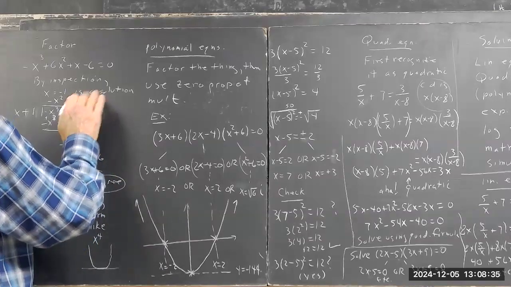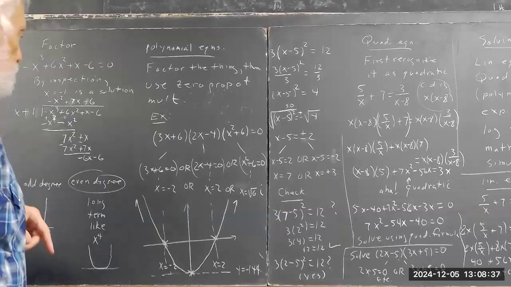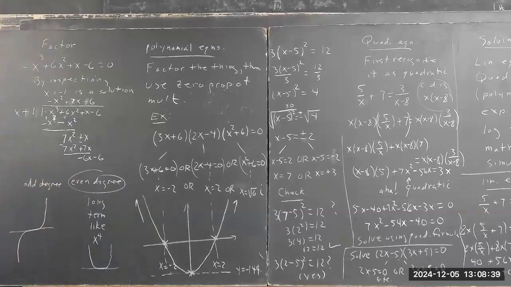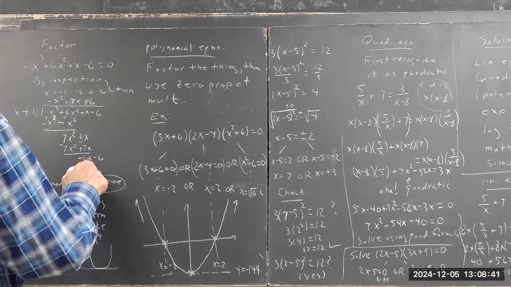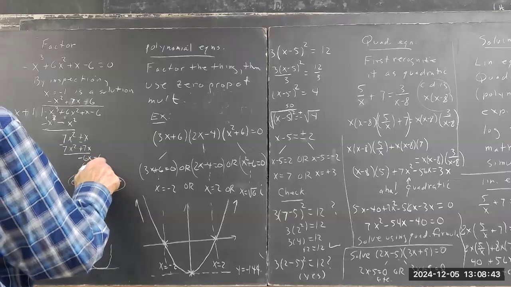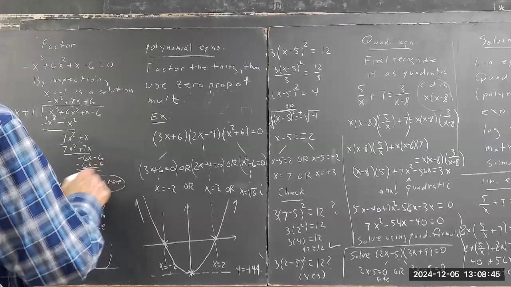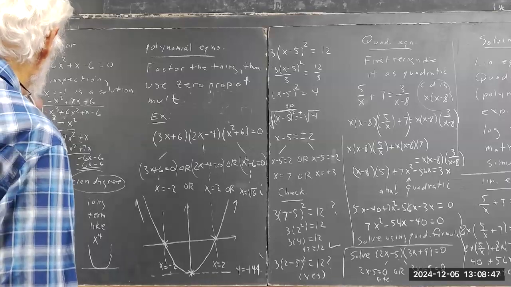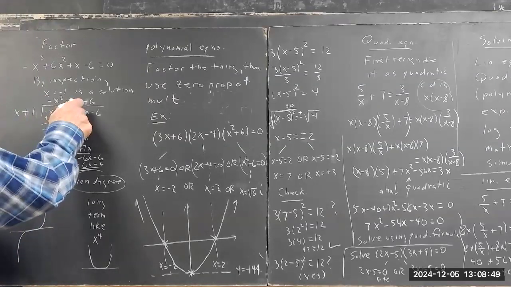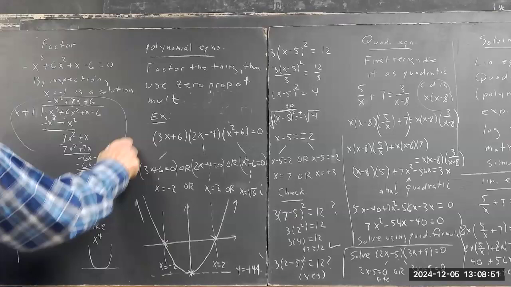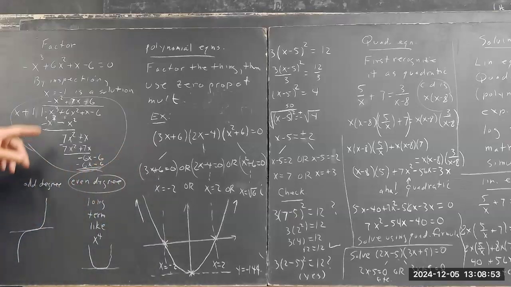And then I get minus 6 here. And that gives me -6x minus 6. Everything subtracts off. Okay, this is the process. Be more careful than I was. Write things down systematically and carefully. Then we know